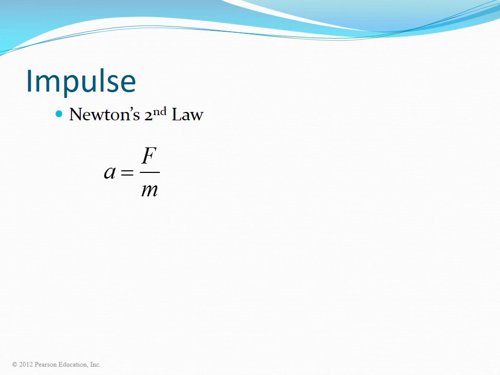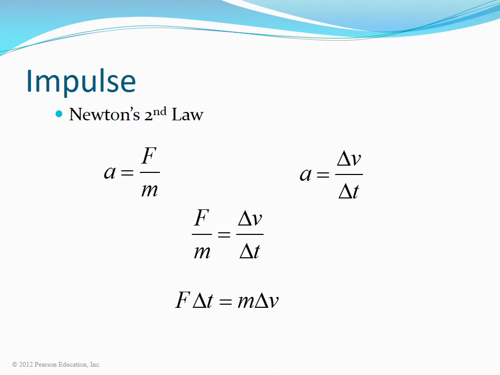In Newton's second law, we learned that acceleration is the force divided by the mass. We also learned from kinematics that the acceleration is the change in velocity over the change in time interval. Equating the two gives F over m equals delta v divided by the time interval. The force times the time interval is equal to the mass times the change in velocity. If we realize that m delta v is just the change in momentum, if the mass is constant, we get